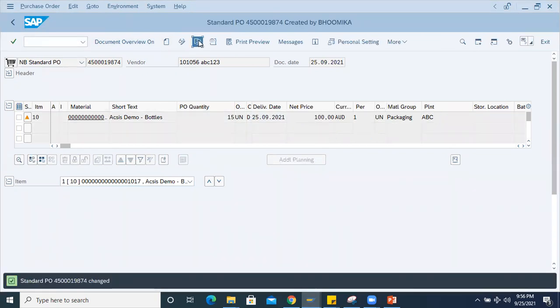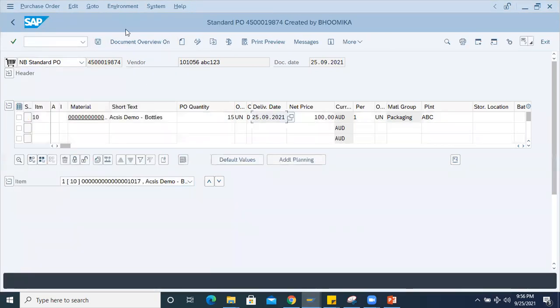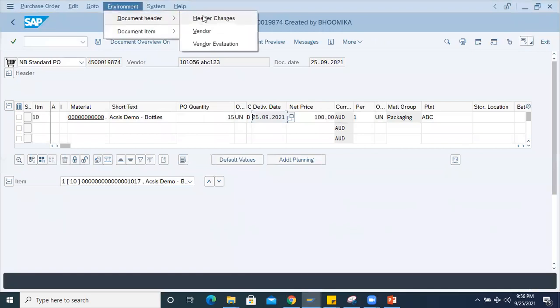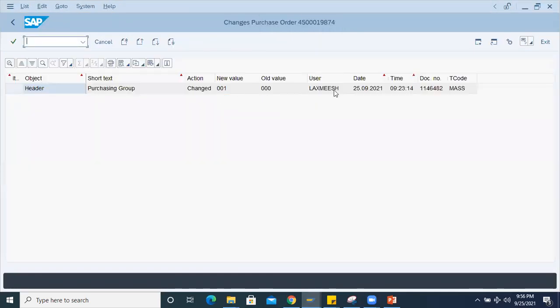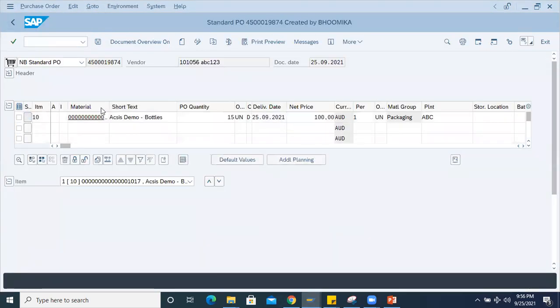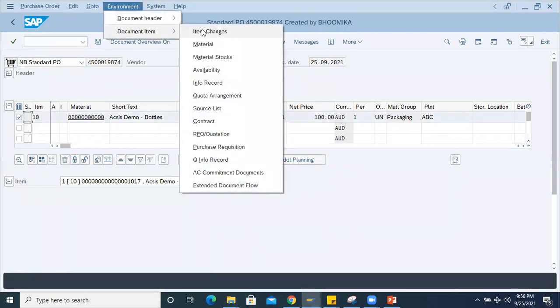Then you come back here and display Environment, header changes. At header level, it will show only the changes which happened at the header level.